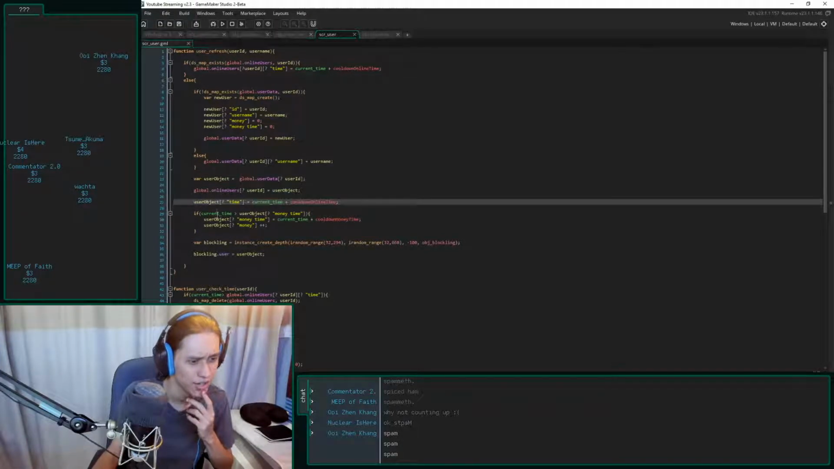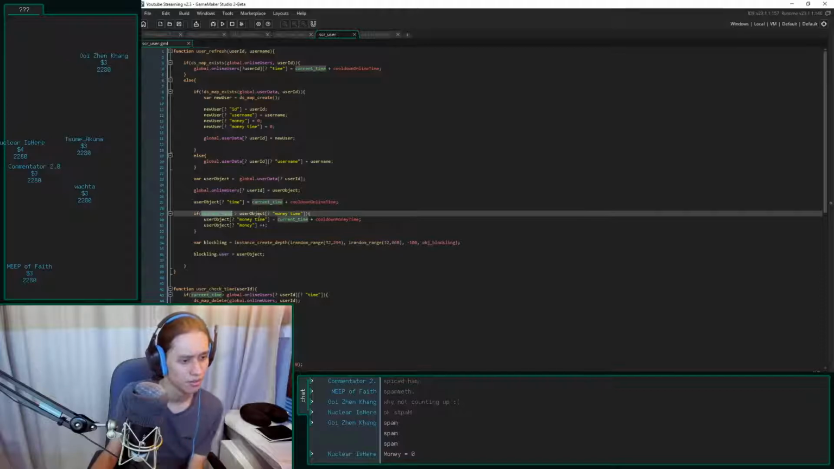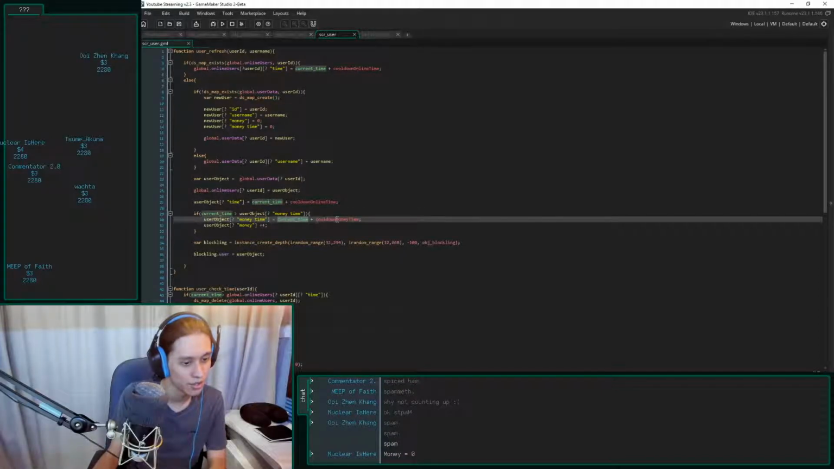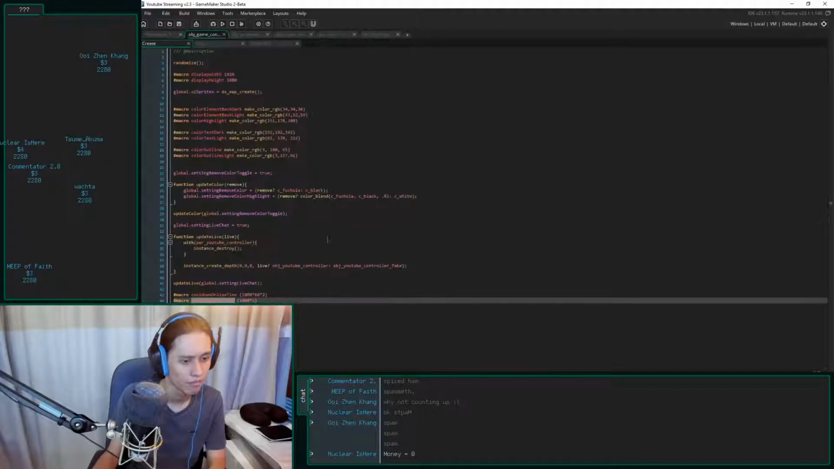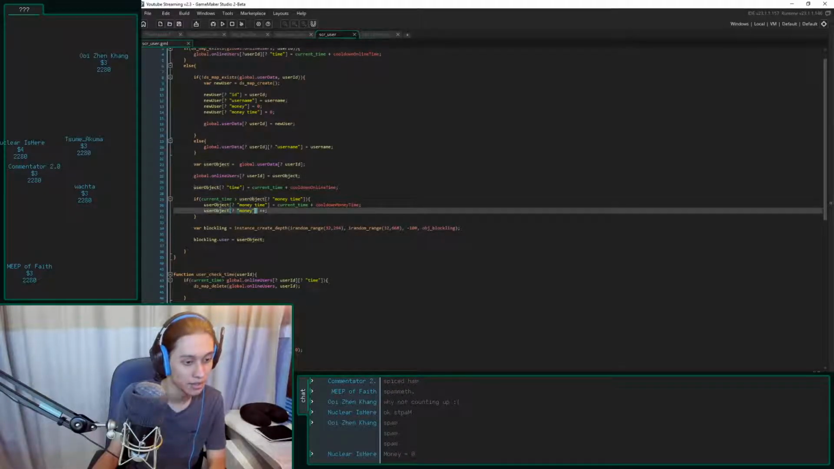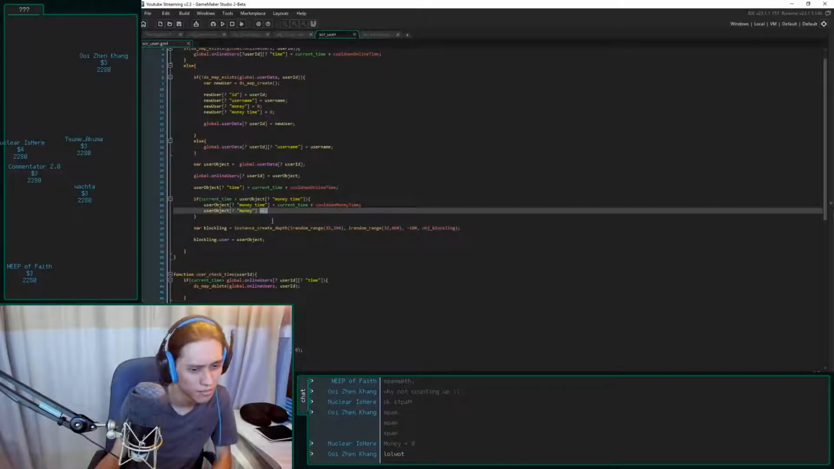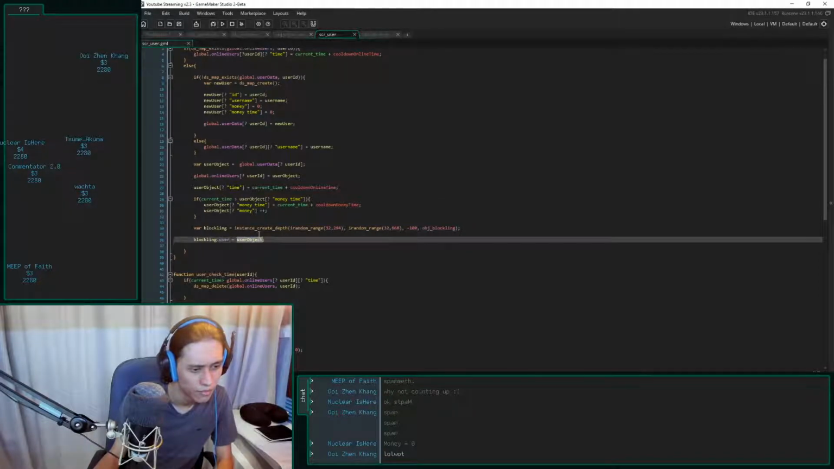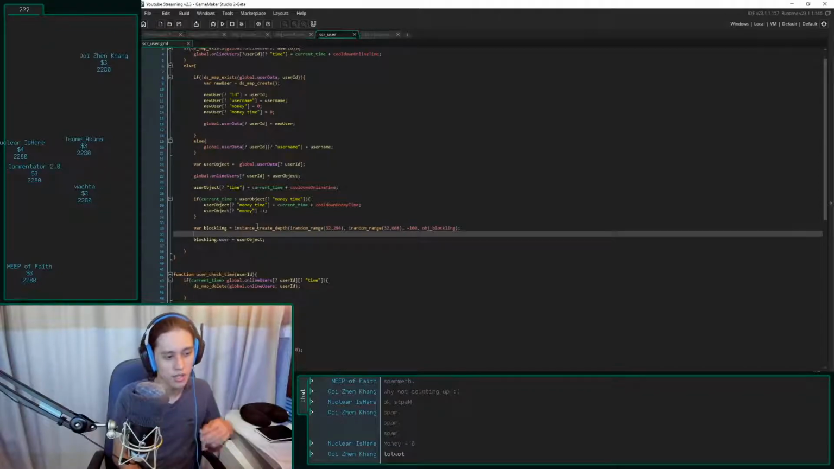This is strange. The current time is greater than the money time. Then the money time equals the current time plus the cooldown money time. What's cooldown money time? 1,000 times 1. That's 1,000 milliseconds. That's 1 second. User object money increments. Which is... It's not counting up. It's not counting up. Which it should. Possibly...